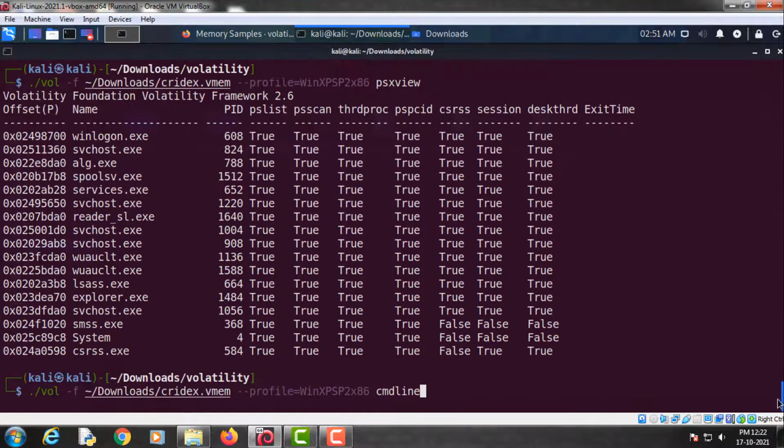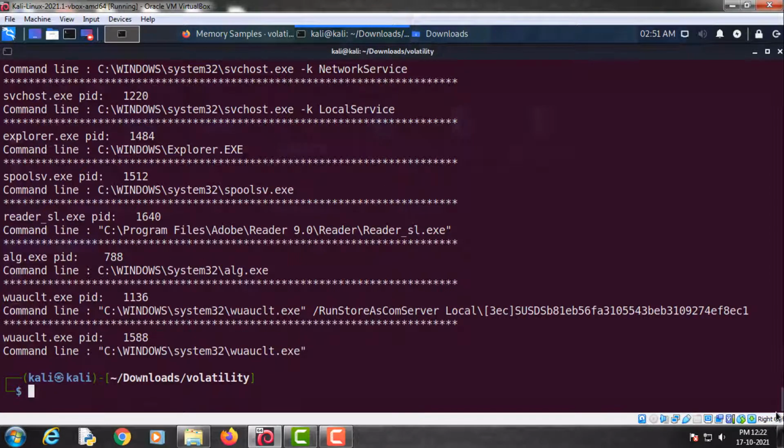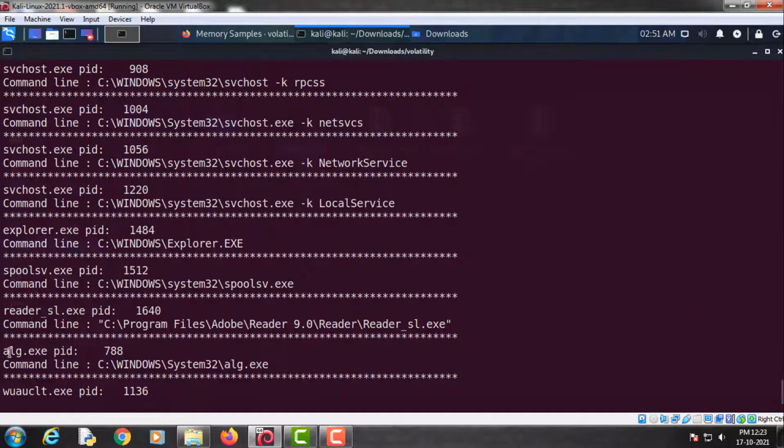So we will use it to find out which process is running commands on the system. So as you can see, this reader_sl.exe has a process ID of 1640, and it has run some commands from the command line.